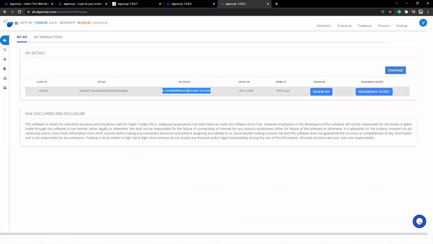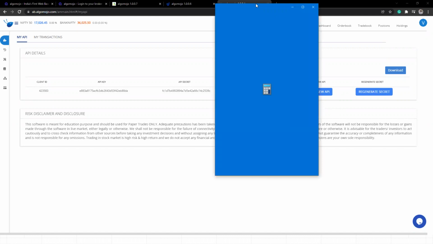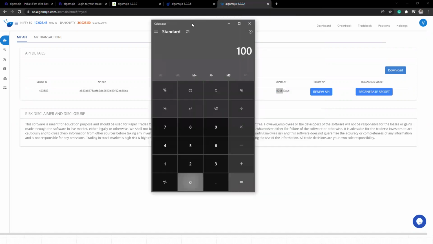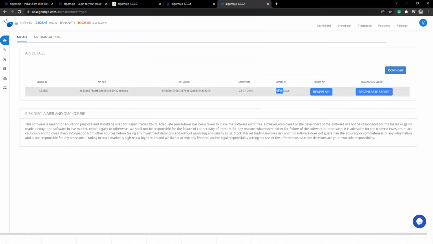And as I said, if you are opening a trading account via AlgoMojo, you will end up getting lifetime access. By default, 10,000 days would have been provided as a credit. And once 10,000 days is over, which is like how many years? It is approximately 27 years, so that's a decent lifetime. If after 27 years you're still sticking with us, automatically it'll be rolled over to another 10,000 days. That is how it works.